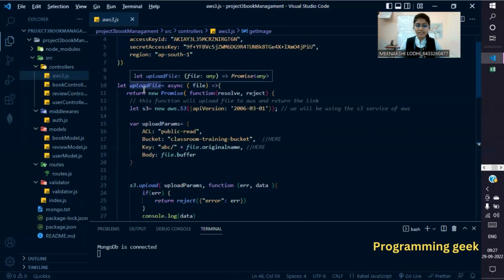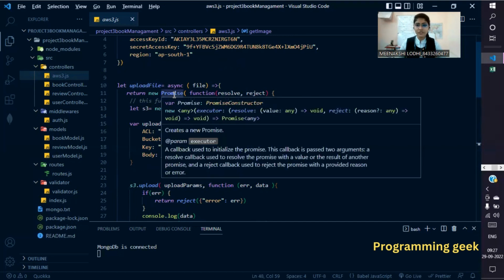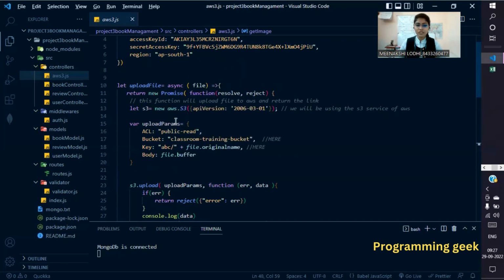Then I declare this function here. In this function, I declare a variable uploadFile in which I am assigning an async function, and it simply returns a new Promise. I am using a Promise because we can't use async await here, and that's why we are using a new Promise, which takes a function with two parameters, resolve and reject,